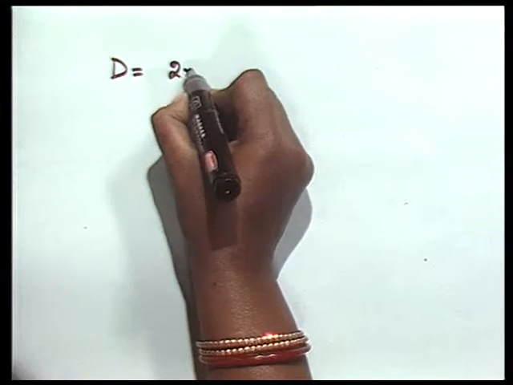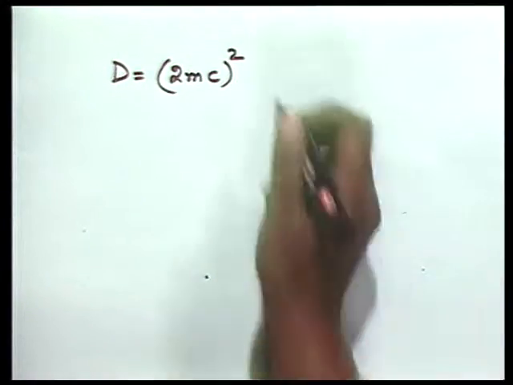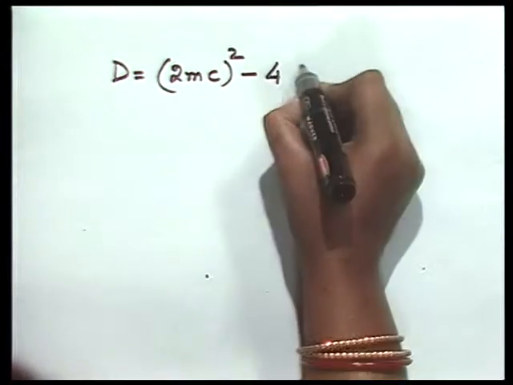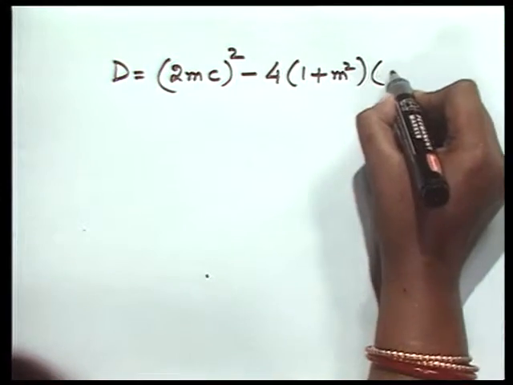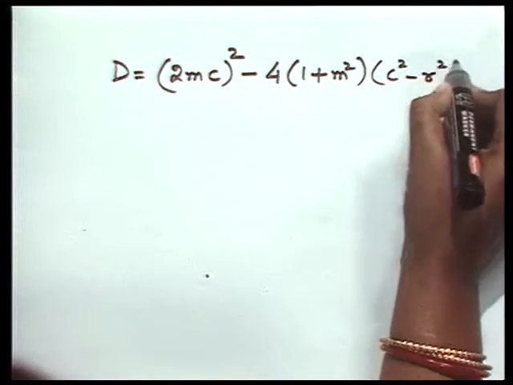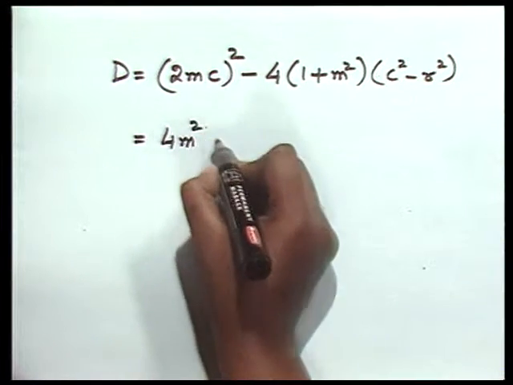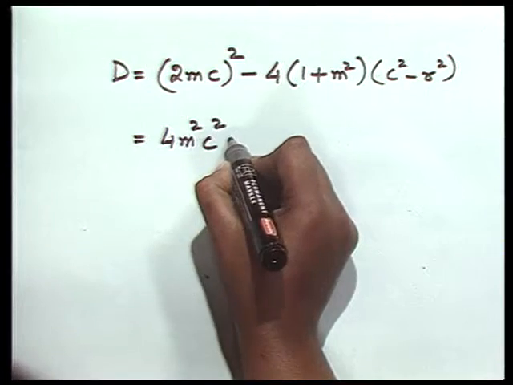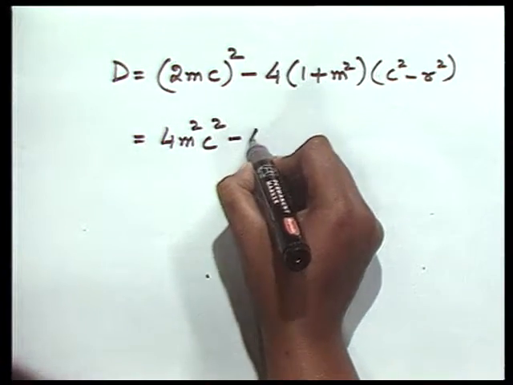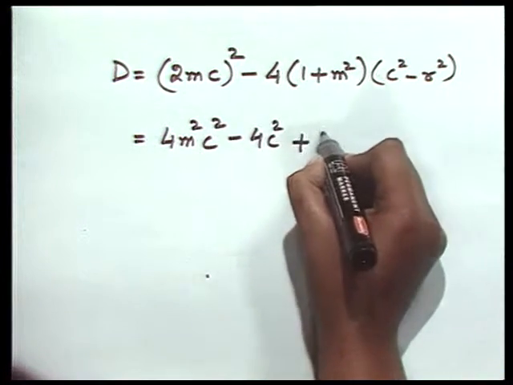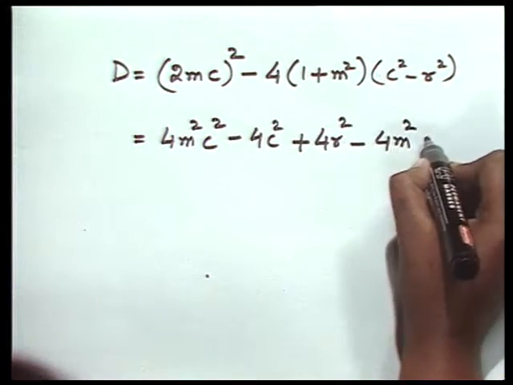So, b square will be 2mc whole square, minus 4, where a is 1 plus m square and c is c square minus r square, which is equal to 4m square c square minus, I am opening the brackets here, 4c square plus 4r square minus 4m square c